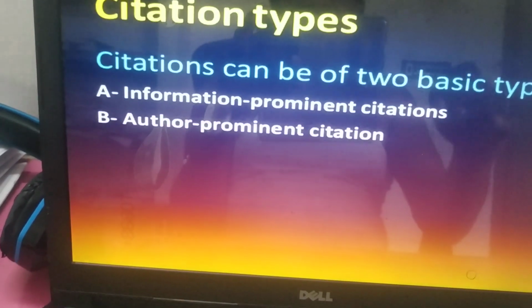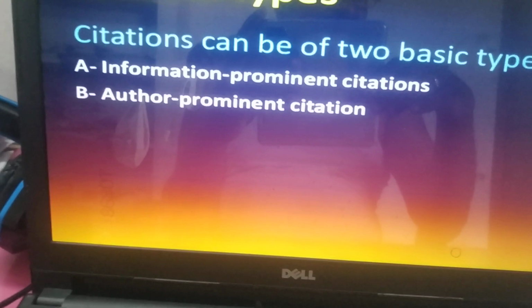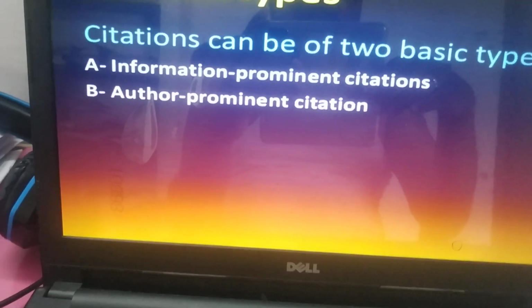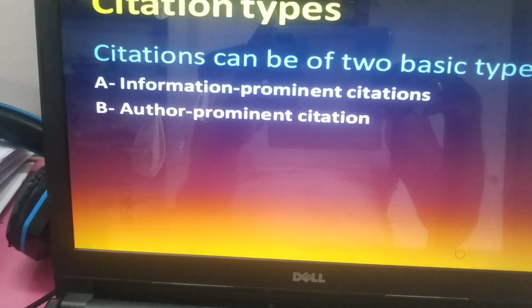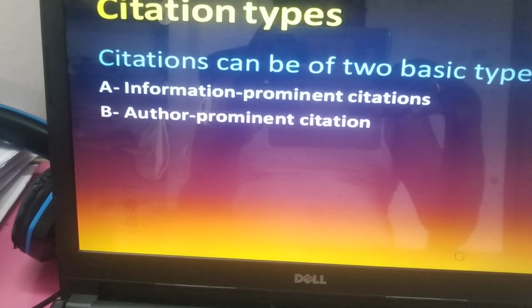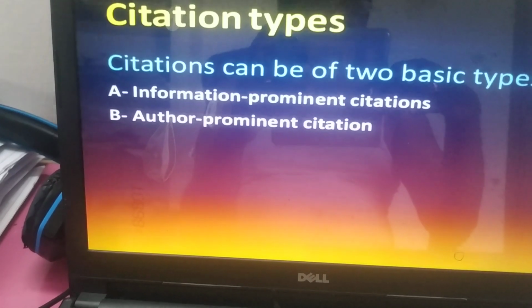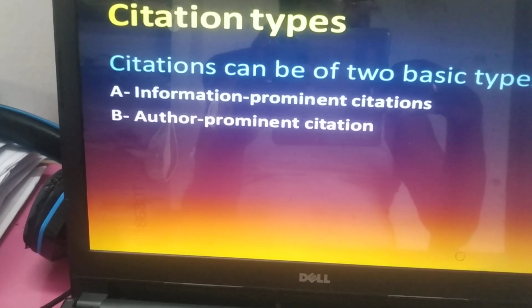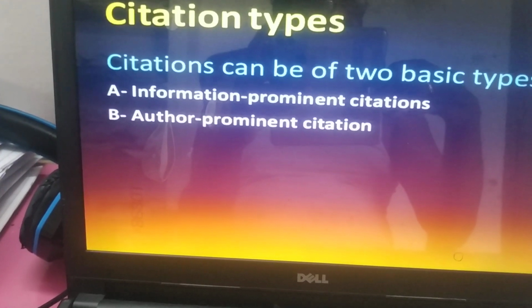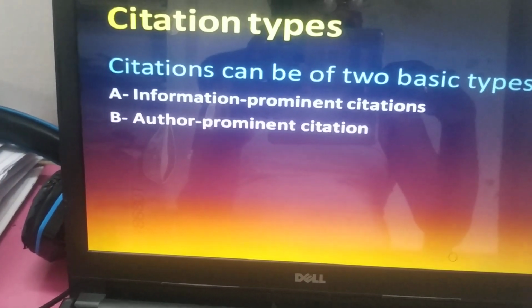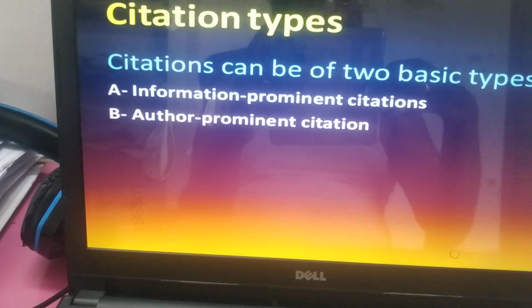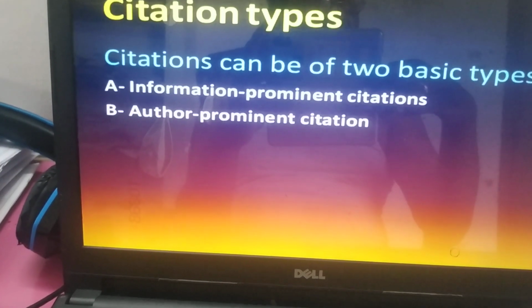So these are some of the important tips we have given on how to prepare a poster. What are the things that should be added and included? I think especially for the new researcher, it will be helpful.